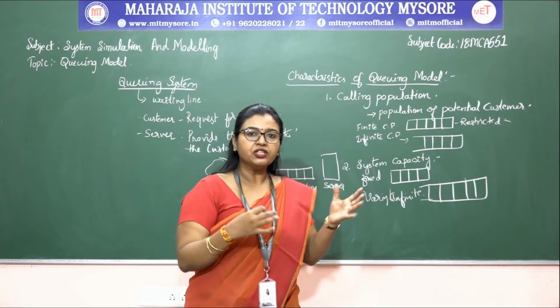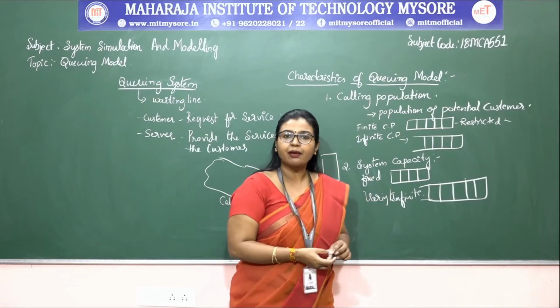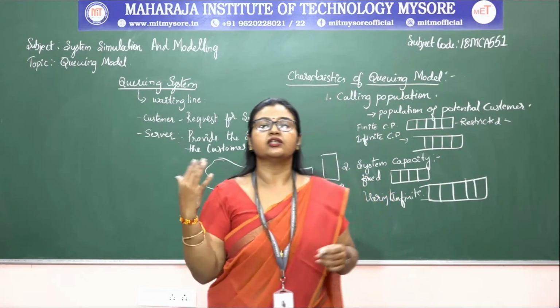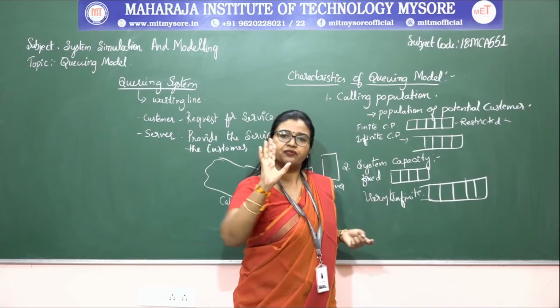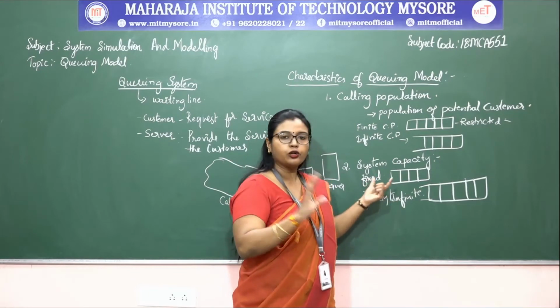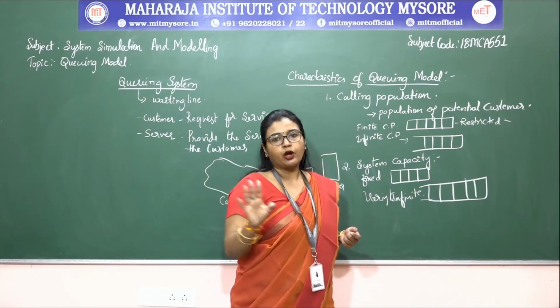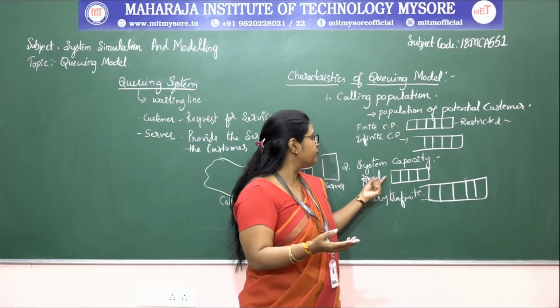the calling population is finite and the system capacity is fixed one. So for that example is the number of patients coming into the clinic when it is scheduled one. So that is only for 4 patients. By that time it is fixed one. Okay, so it's not going to be changed. Even though the external factor affects, so doctor is not going to check that the next patient, right? So that is the fixed one.